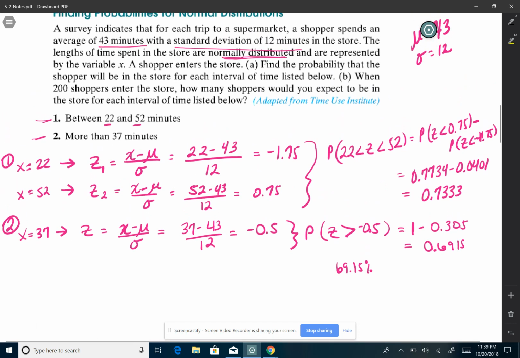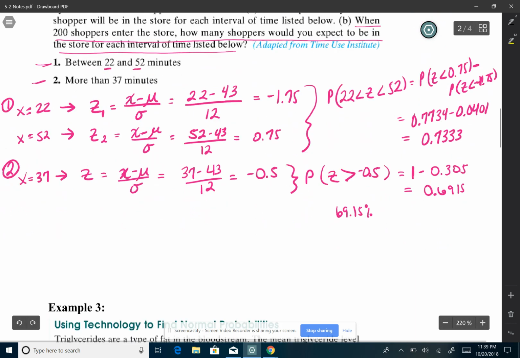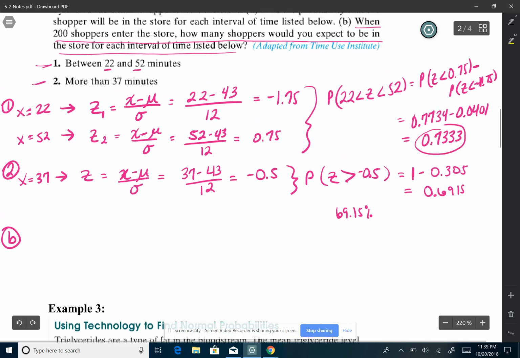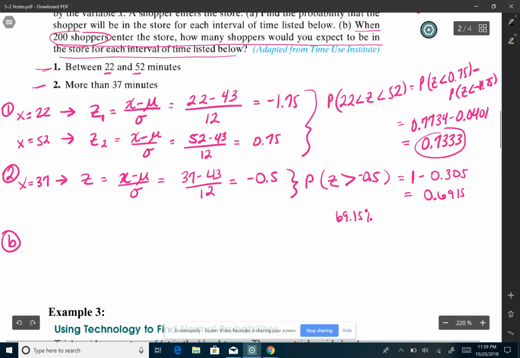Okay, part B says, when 200 shoppers enter the store, how many shoppers would you expect to be in the store for each of the intervals listed? Okay, so this is my part B question, and this is really easy to do. You take your probability, which is your percentage or your probability, and you multiply it by the number of shoppers. So for the first one, which was between 22 and 52 minutes,